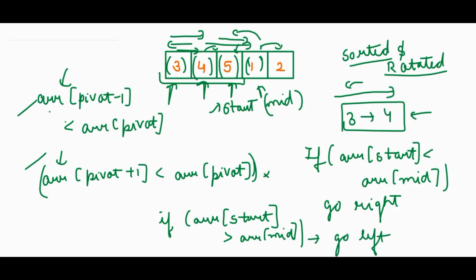So the first thing that we covered was that around the pivot element, on the left side the array should be decreasing, and on the right side the array should be increasing. Then we came here to find the pivot, and we came to some conditions that the pivot has to follow. These were the first two conditions that we found out.